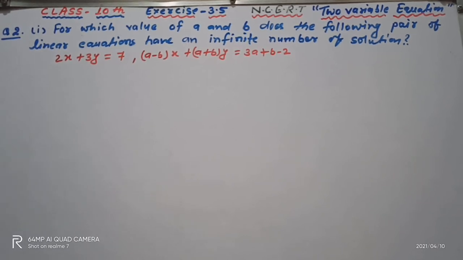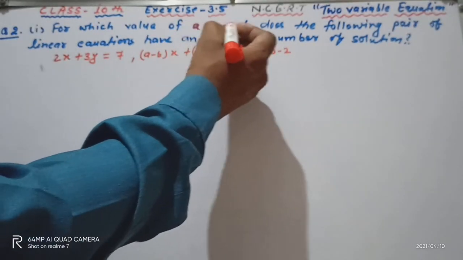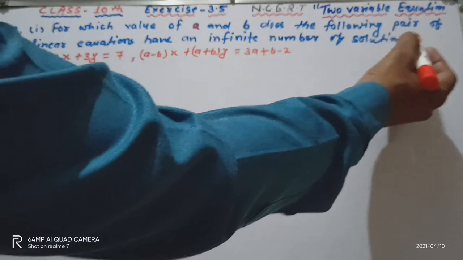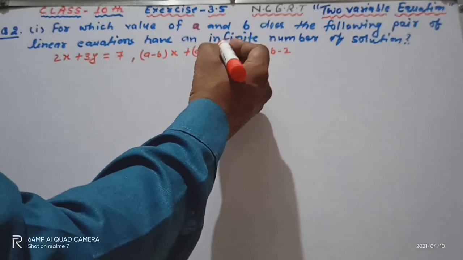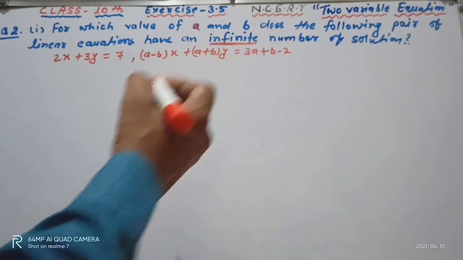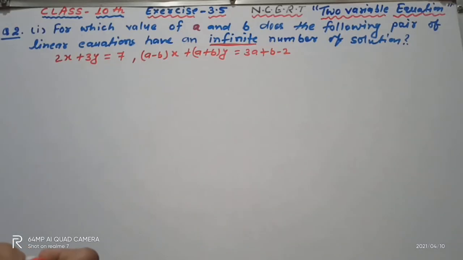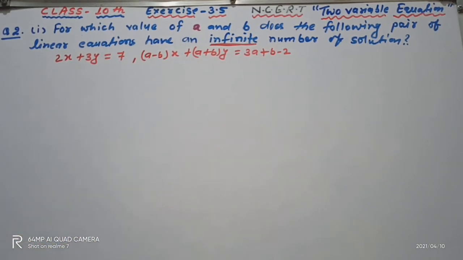The question is saying: for which values of a and b does the following pair of linear equations have an infinite number of solutions? So first of all, before you read anything else, you need to know that